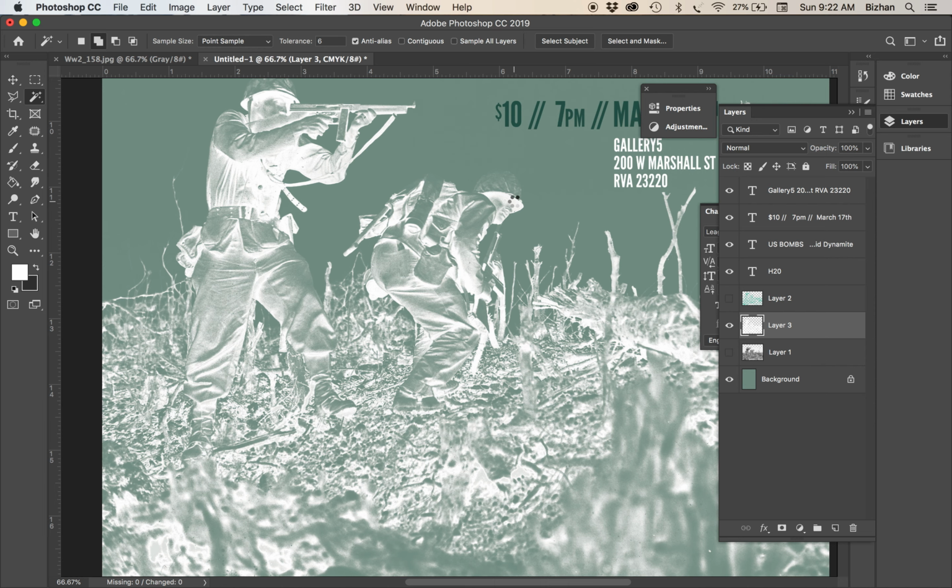When I click on something, it tries to find similar styles of information and sample that. If I have contiguous checked, it only samples stuff that's adjacent to one another. So without it checked, it samples every instance of that color. So I'm going to go to